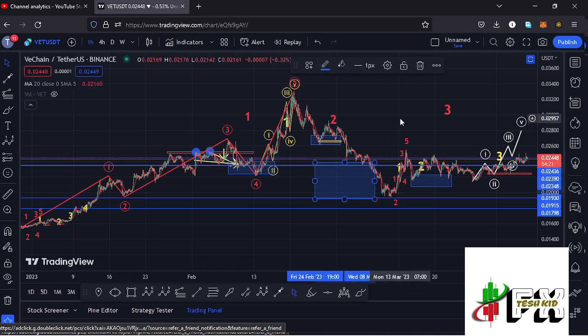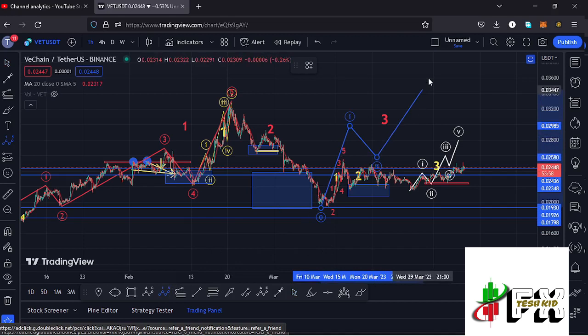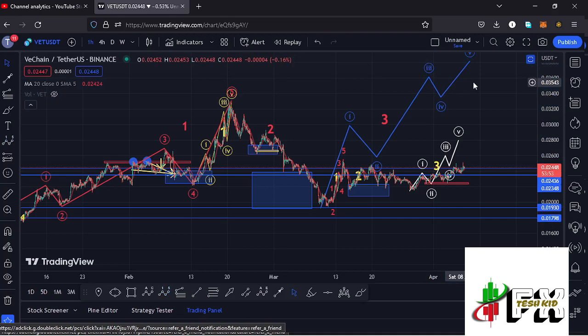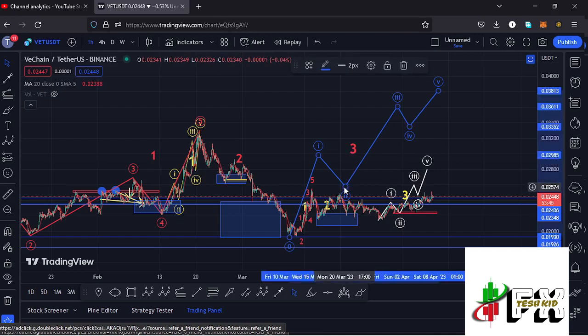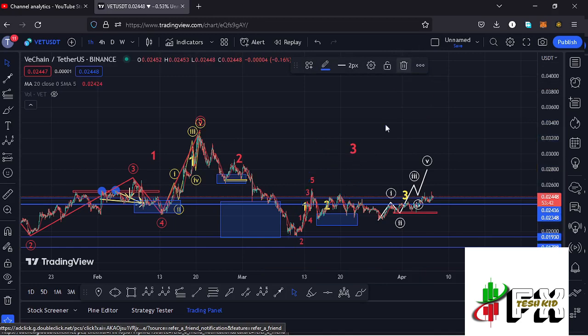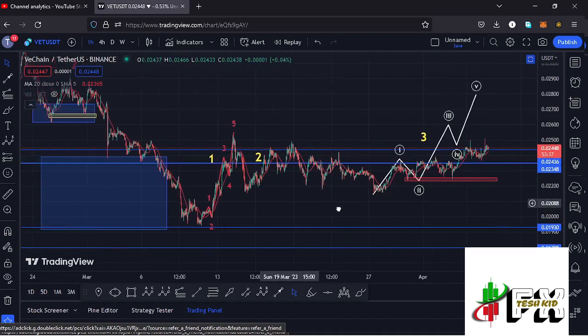And having seen the low for that second wave, whatever we expected next was the start of an impulsive wave in the formation of this wave 3. And because of the impulsive nature in the formation of this wave 3, I also expected to see a 5-wave structure in formation within the wave 3, having the wave 5 fully maximizing our target areas and also giving us the high for this higher Elliott wave count 3 to the upper side. And it is this micro Elliott wave count within the wave 3 that is going to give me the short-term scenarios. And if I zoom in so that you can see that better, you can now see that we have